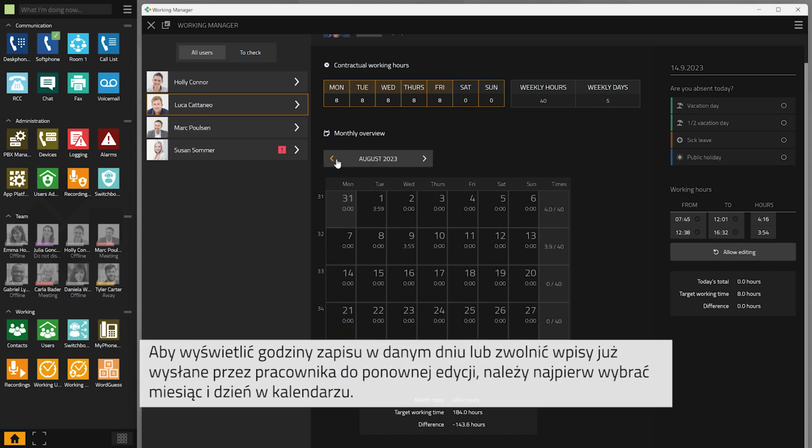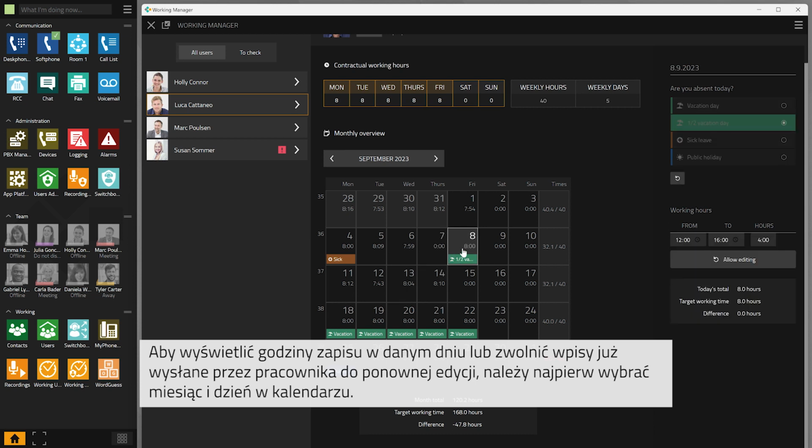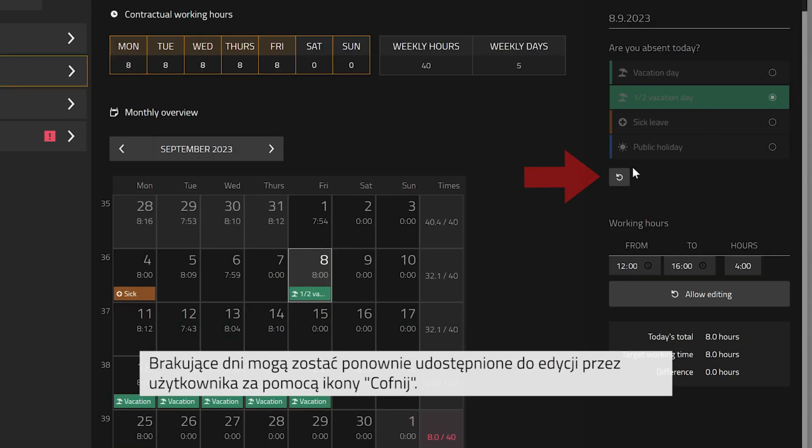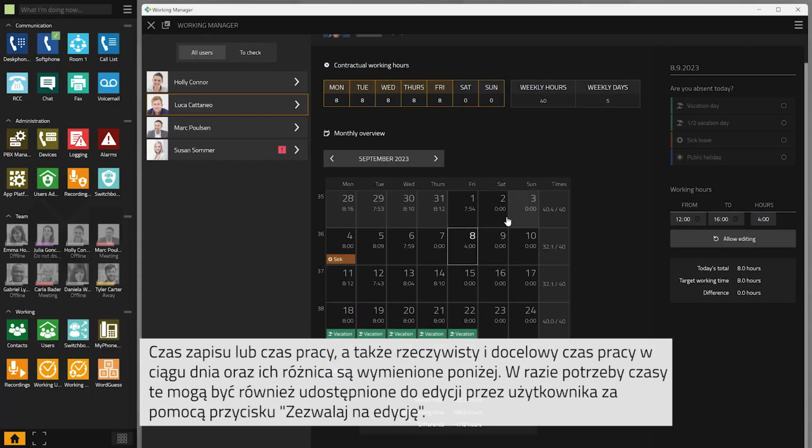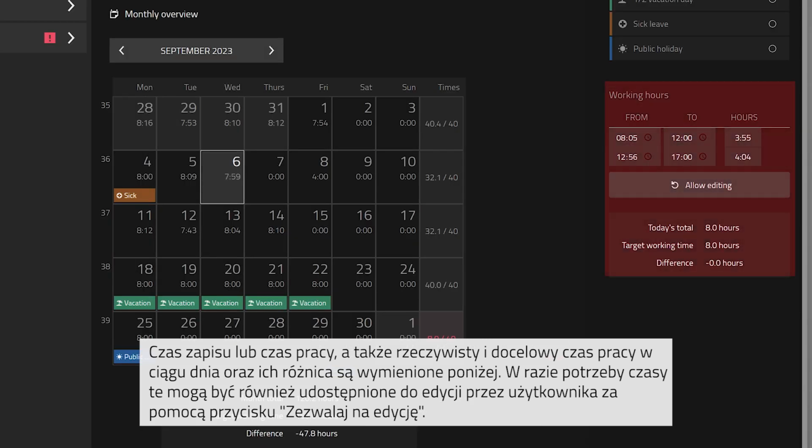If you would like to take a look at the entry times of a specific day, or if you would like to unlock entries that have already been submitted, please select the month and day in the calendar. Days marked as sick leave or holidays can be enabled for editing by the user by clicking onto the undo symbol. Listed below are the clocked working hours, with the total working hours of the day, the target working time, and the difference between the two. Should it be necessary, you can click on the button Allow Editing. The user can now